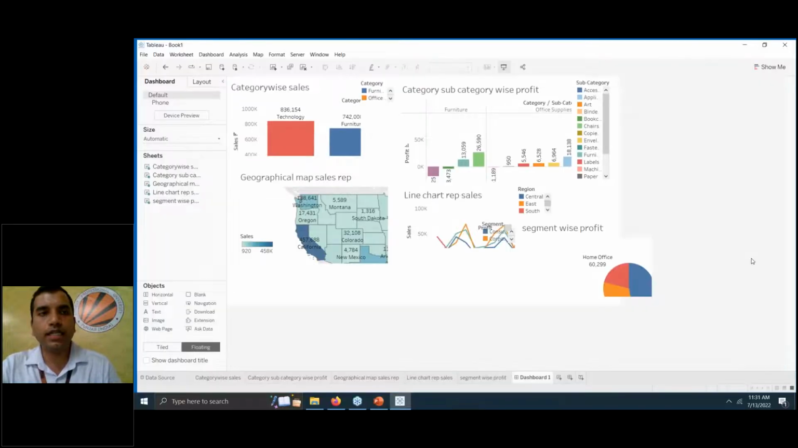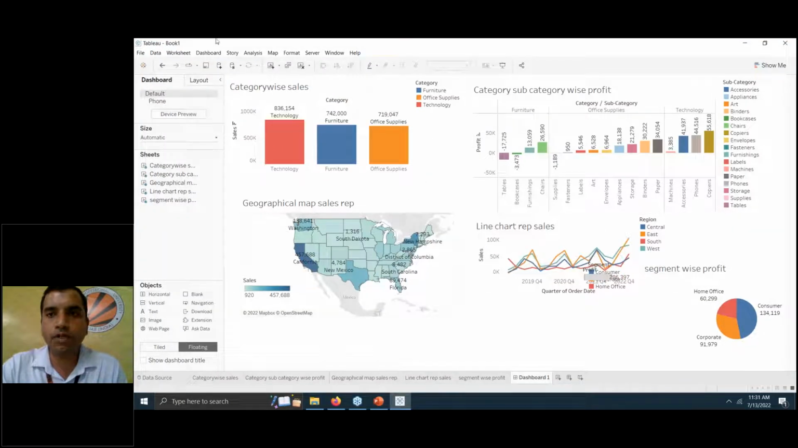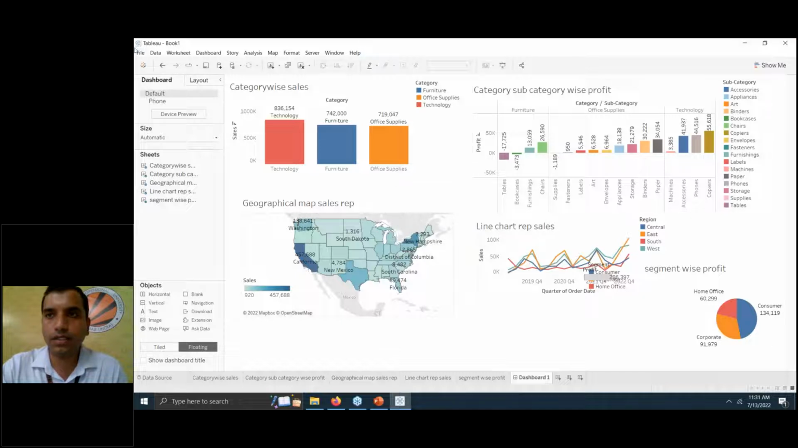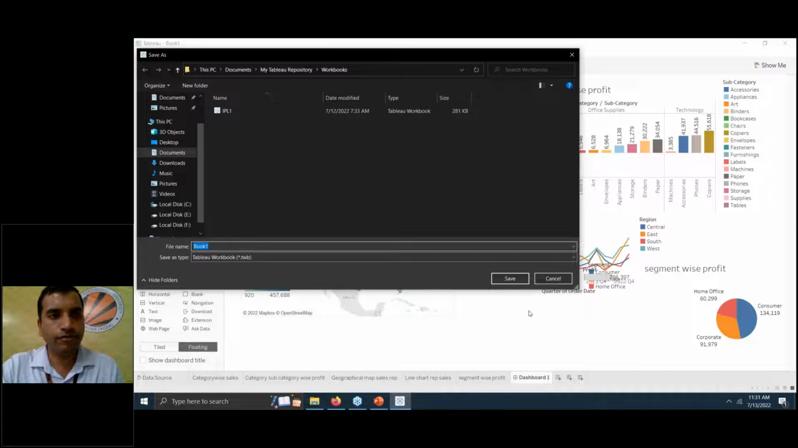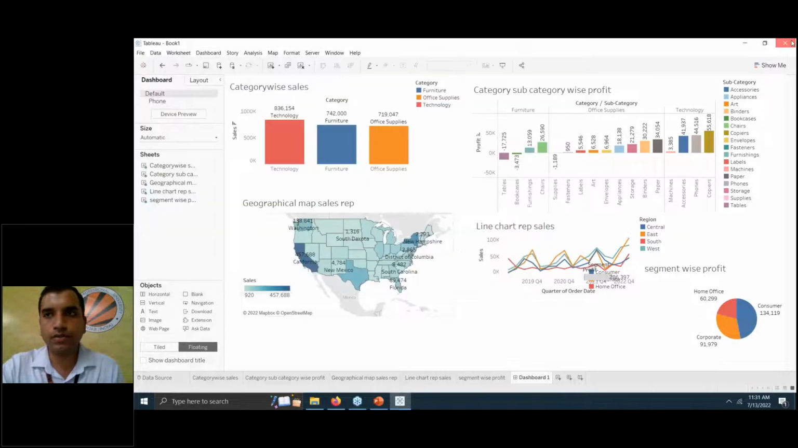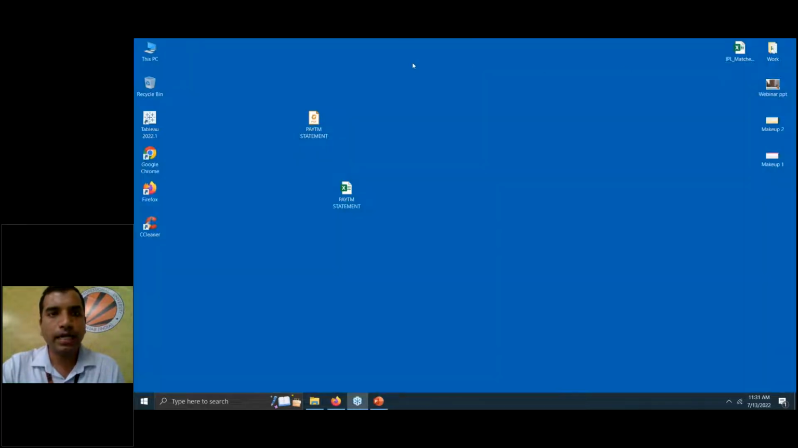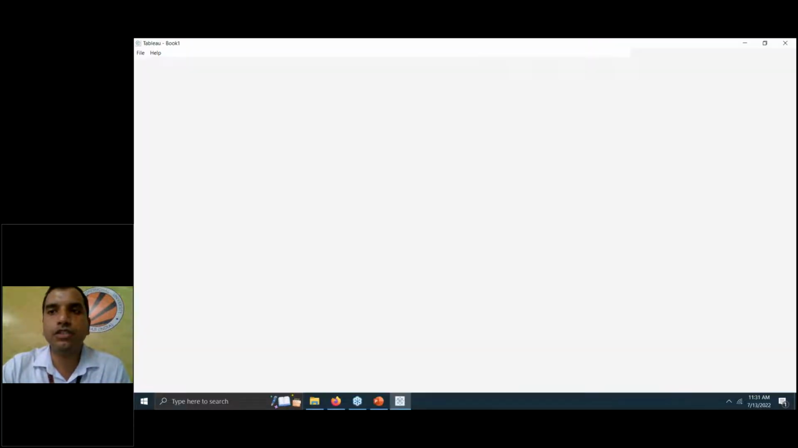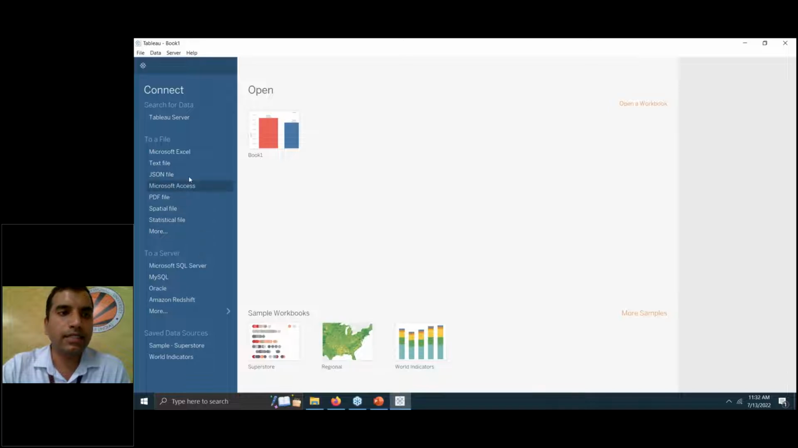Let me demonstrate the other problem that I just told you about, the IPL data set. So let me save it. This is a workbook, and save. I just close it, and I start a fresh Tableau connection again, so that we can start the demonstration of IPL analysis. So again,